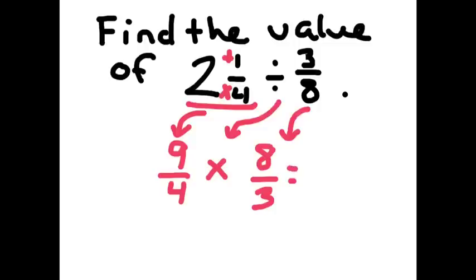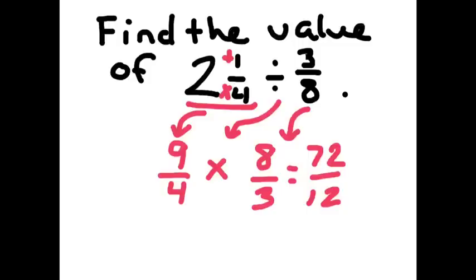You multiply the numerators, so 9 times 8 is 72, and multiply the denominators. 4 times 3 is 12,